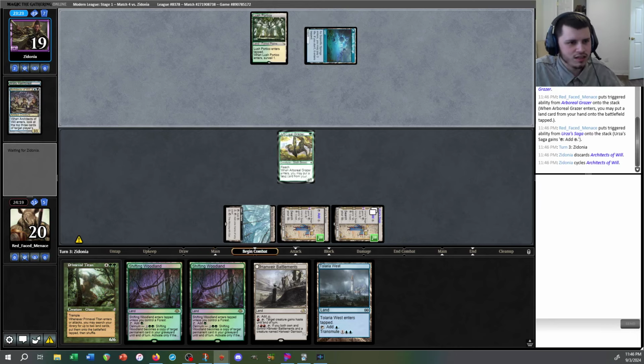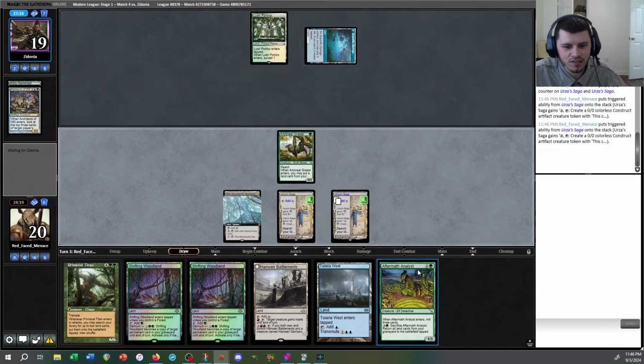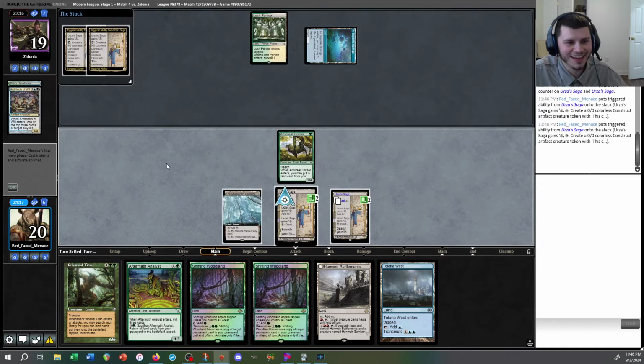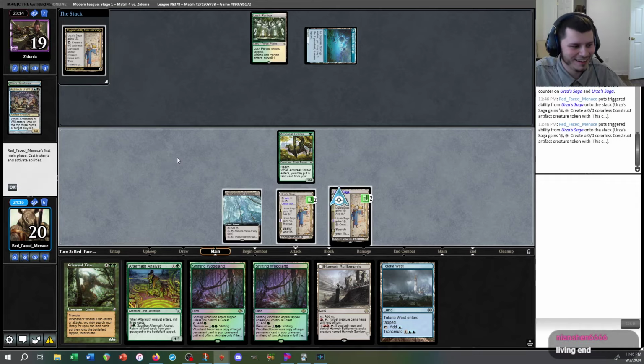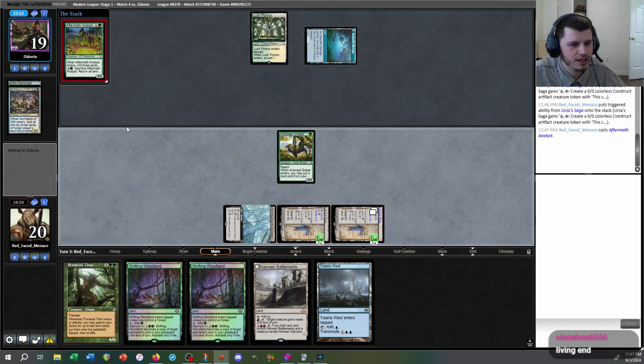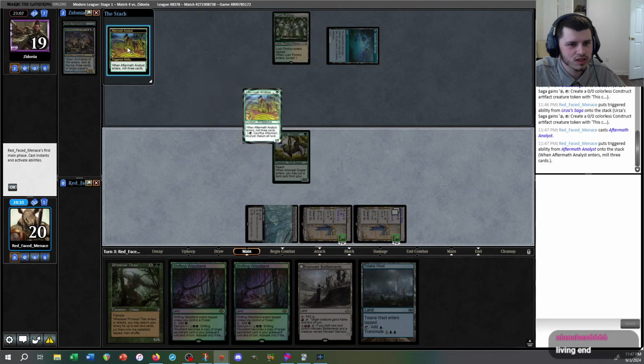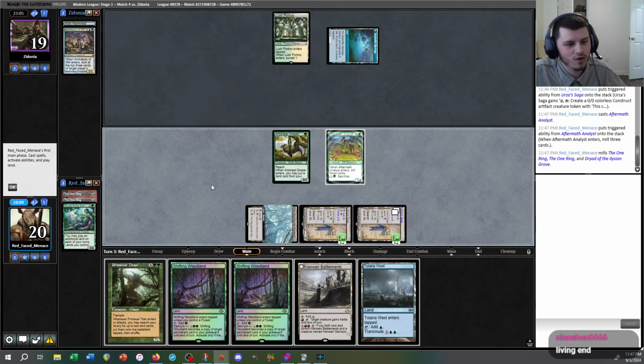Oh my goodness. Is this Living End? I didn't know Living End plays these colors. I guess it makes sense, though. Analyst is really good against Living End. Like, really good. Okay, I see what we're doing here. Play an Analyst. Try to get a Titan in the yard, please and thank you. Unless they want to Subtlety this. Titan, please. Oh, Dryad got in the yard. I'll take that. I guess we play...